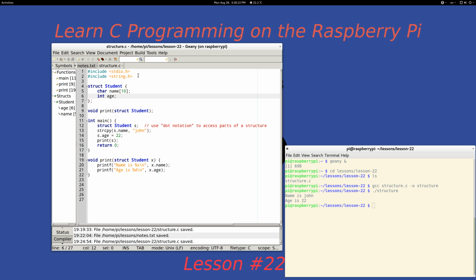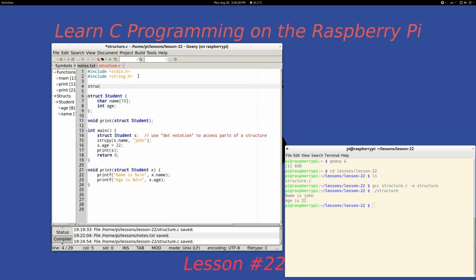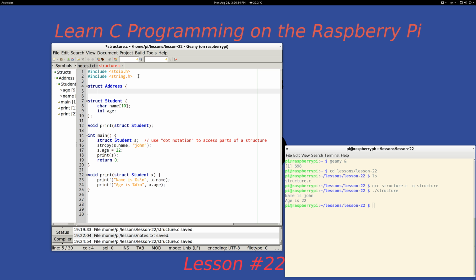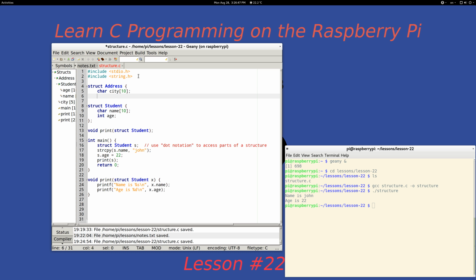I'm just doing this off the top of my head, struct address, and I could put in here char city, let's say the city is 10 characters long, and then char postal_code, and the postal code is 7 characters long for the Canadian postal code,